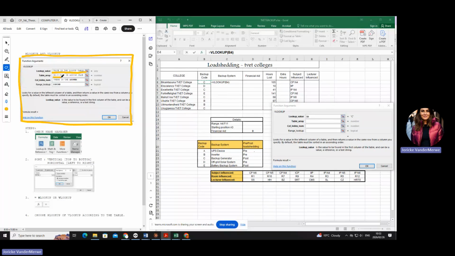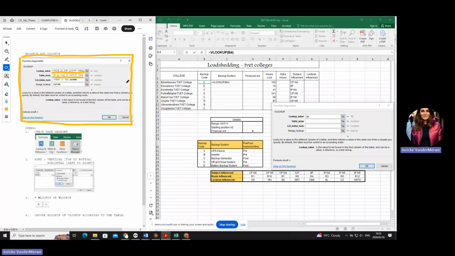Second one is your table array. Now you can see there the examples I give you. It can either be cells. You see there's little dollar signs there. So it can either be a cell reference, so going from B20 to B25 for instance, or it can be assigning a name.